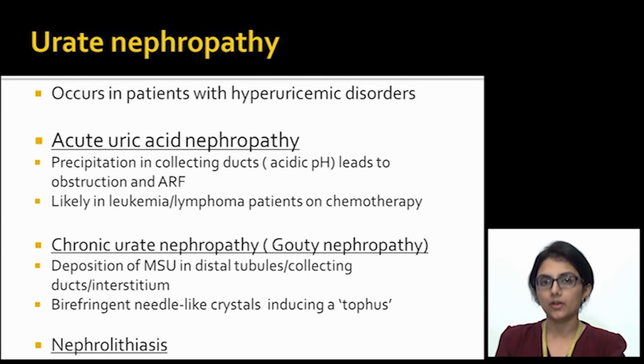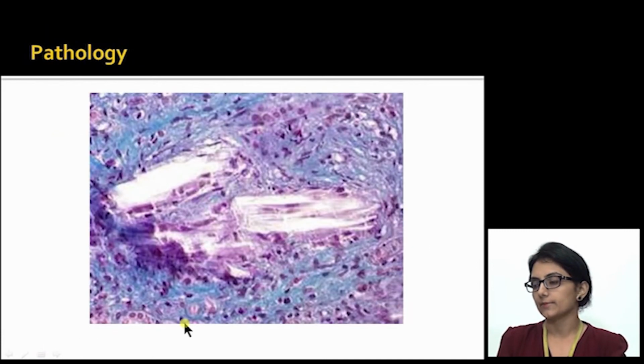On the other hand, in chronic urate nephropathy, also called gouty nephropathy, similar to the joint involvement that you can get in gout, you can find birefringent needle-like crystals of monosodium urate inducing autophagy and fibrosis in the tubulointerstitium. And of course, when there's excess urate, you can just get urate stones or nephrolithiasis, which can also damage the kidney. So in this image, you can see really a tophus with the birefringent needle-like crystals and the fibrosis and